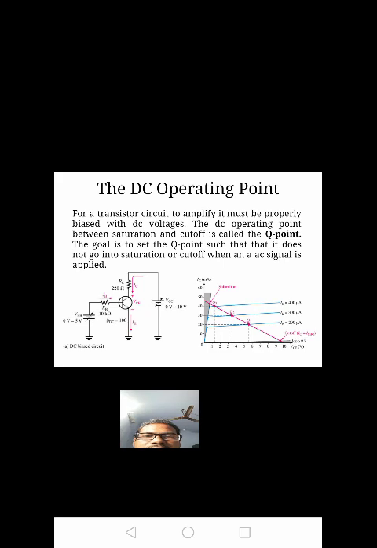The lower characteristics will be drawn at 300 microamperes in the middle, and 400 microamperes the last one. Here we are getting three operating points Q1, Q2, Q3. When the IB current is 200 microamperes, we get operating point Q1, then operating point Q2, operating point Q3. In between, only one is the exact operating point. What is that operating point? Here we are finding out.